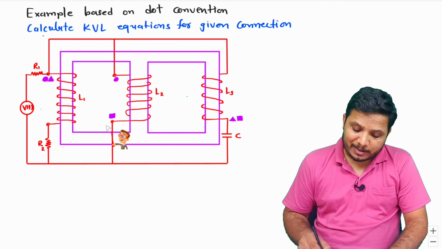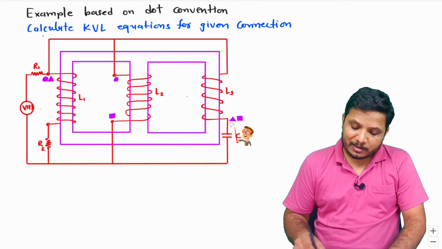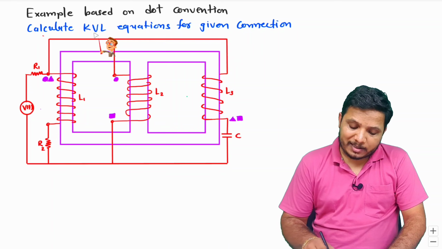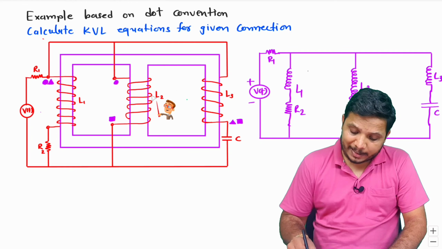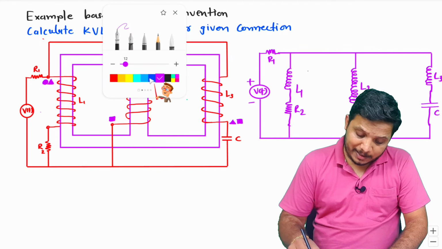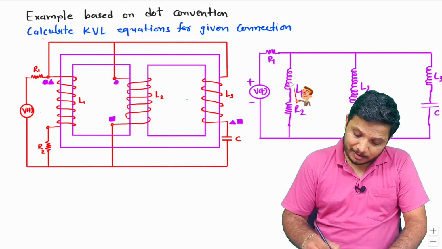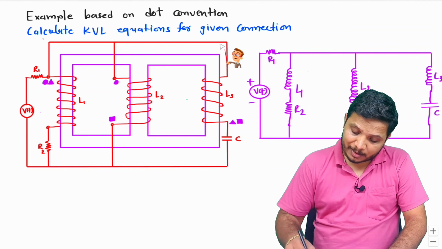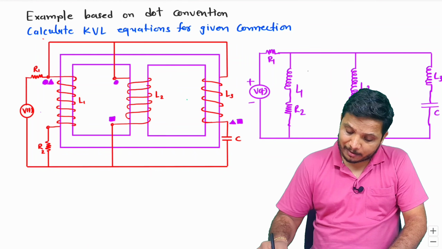Now we can make an equivalent circuit of this entire circuit with dot convention so that we can form KVL equations. So let me draw the equivalent circuit for this. Now if you observe, here I have drawn the equivalent circuit, right? In this equivalent circuit, this is R1 that is connected with V(t). Then we have L1, then R2, then L2 over here, then L3 in series with C over here. So this is the circuit which we have over here.